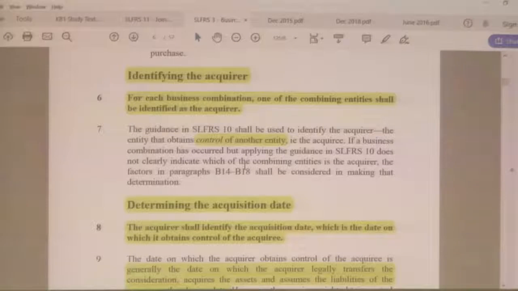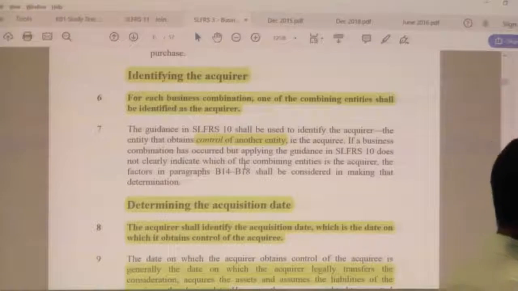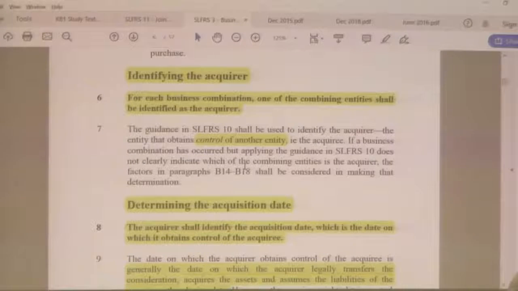When you determine the acquirer, you have to identify control of another entity, controlling power. If a business combination has occurred but applying the guidelines of SLFRS 10, which will be discussed next day, does not clearly indicate which of the combining entities is the acquirer, the factors of B14 to B18 shall be considered in making that determination, right? Fine. So, when you conclude the acquirer, you have to determine the controlling power,